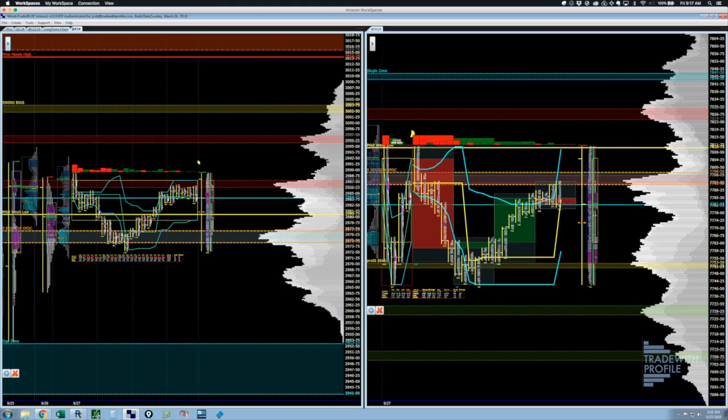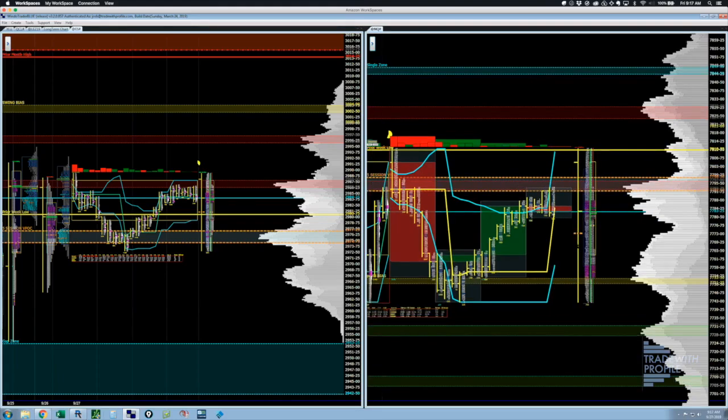We got 3 minutes to close this 5-minute. So I can tell you right now what I don't want is I don't want to see a trade above this 5-minute high. Absolutely. So if I enter here, just a second, get a little more pullback, get more activity in there. That's pretty good selling right there. I'm expecting a little bit of follow through here.